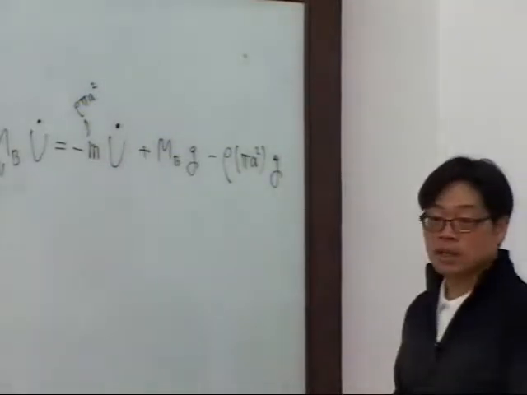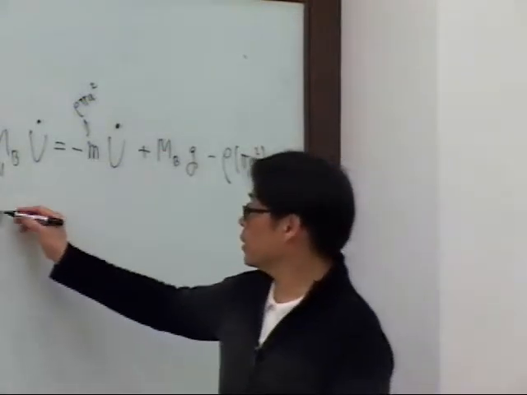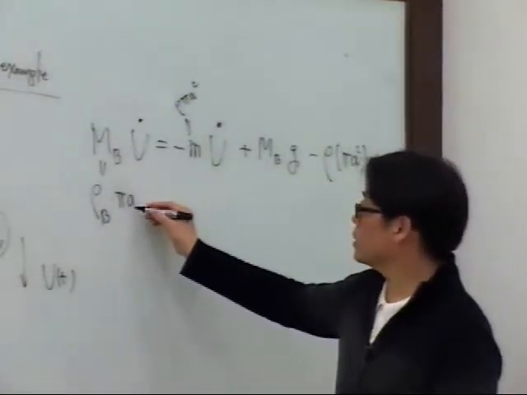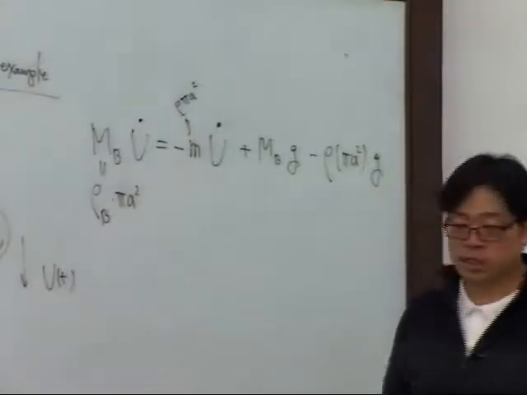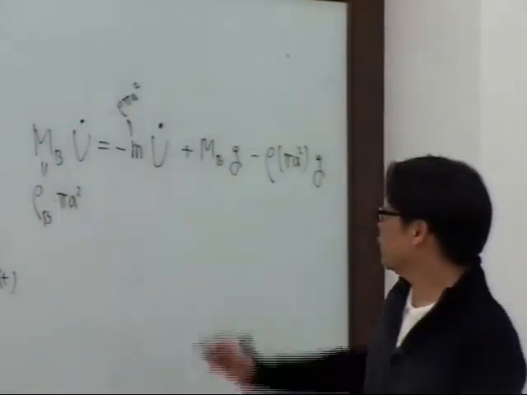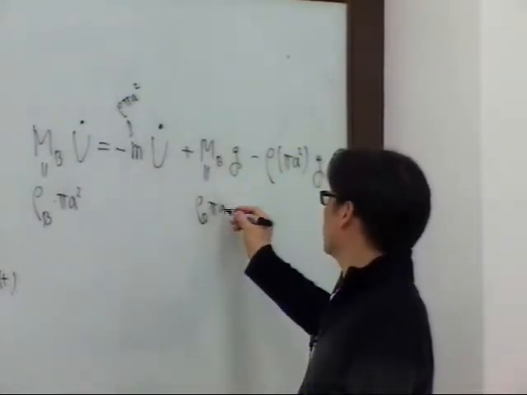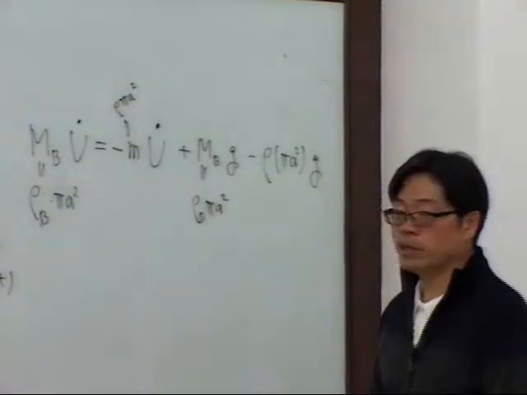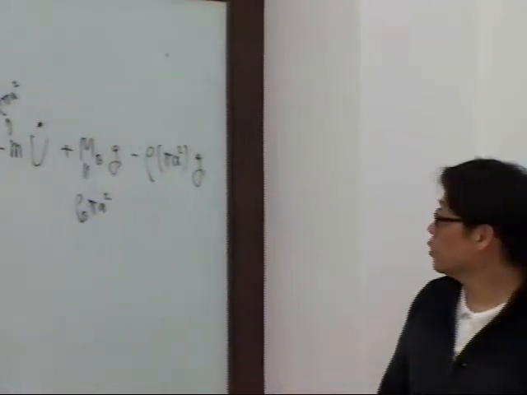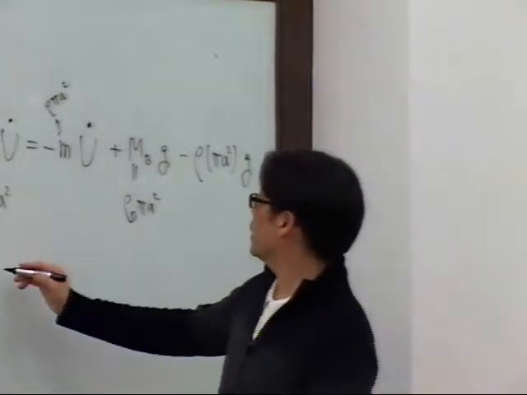So that's the area of this circle, and this is rho b times pi a squared. This rho b is the density of the body, not the density of the fluid. So now you see pi a squared everywhere, so you can drop pi a squared, and then I end up with